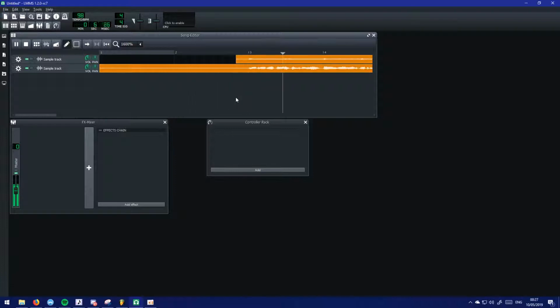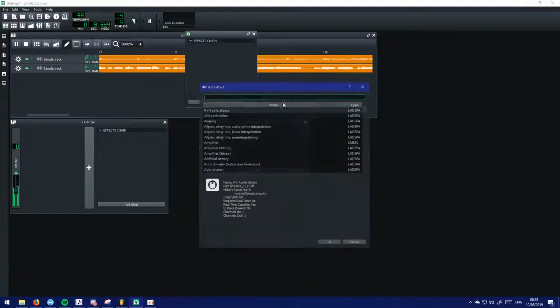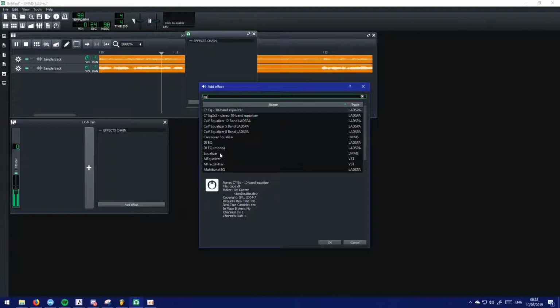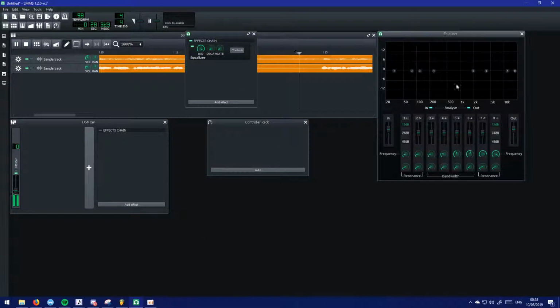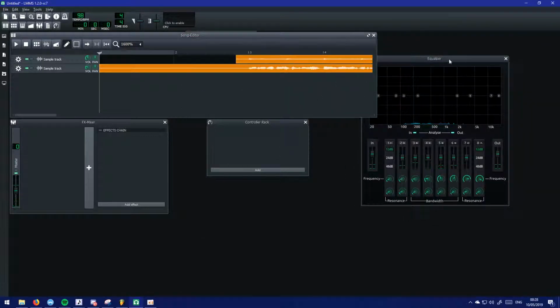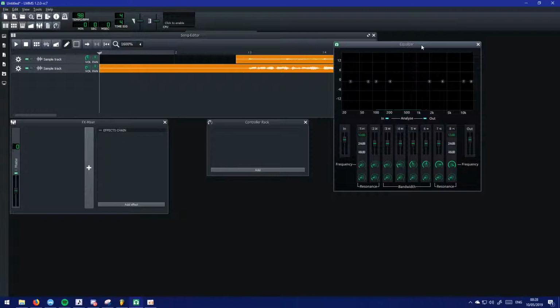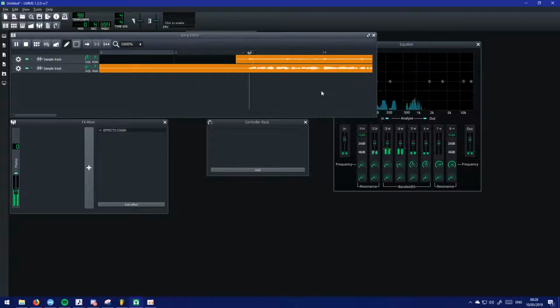So we want Equalizer, this one, because all the others are just really bad. This one's the newest one included with the software, so this is the one that I recommend using because it's actually got a graphical interface and it's a lot easier to use. So it